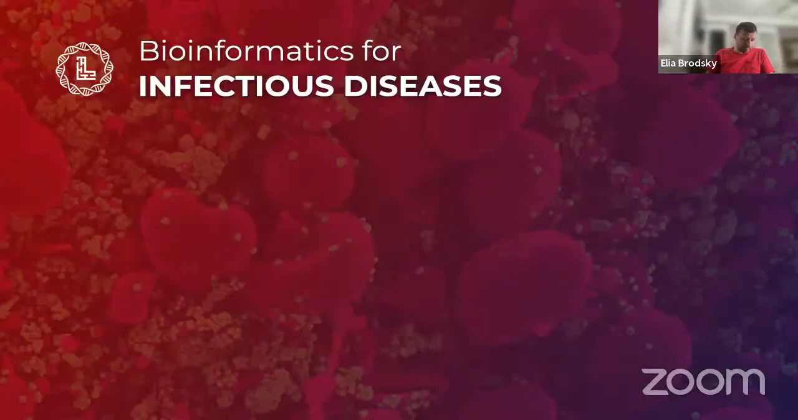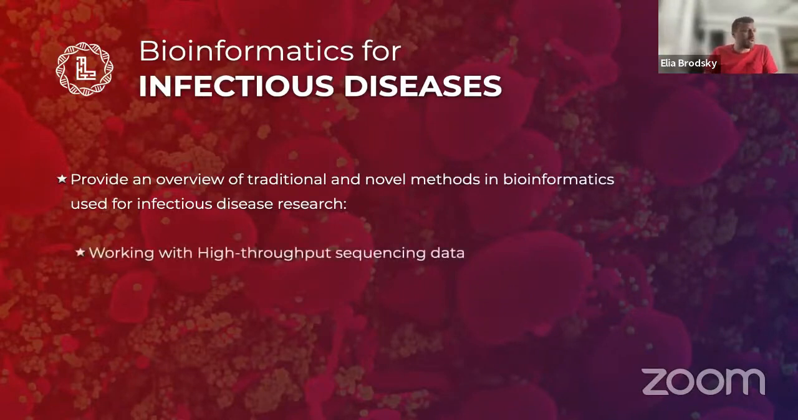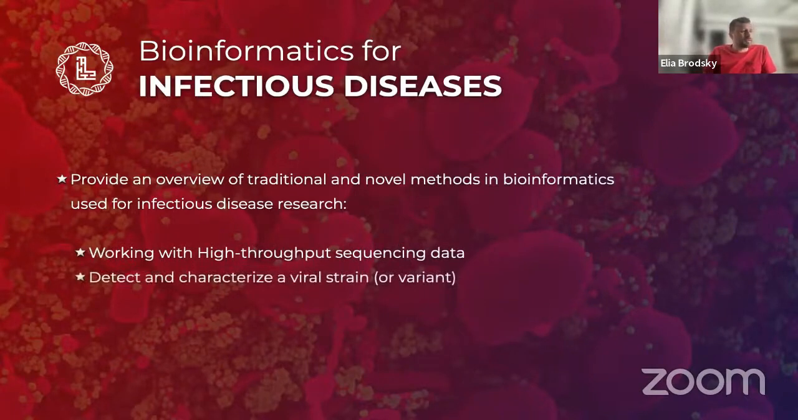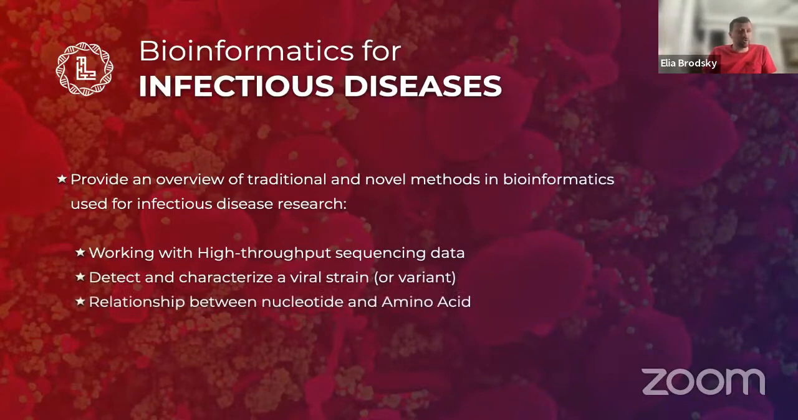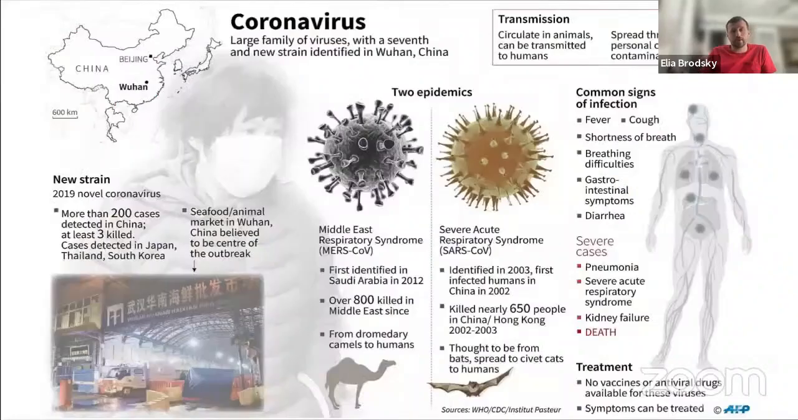Okay, so again, we don't have that much time left, but what first I want to do in this first part of this presentation is briefly talk about some of the traditional and novel methods in bioinformatics used for infectious disease research. And I want to give you some examples that include working with high throughput sequencing data, how to detect and characterize a viral strain, and also the relationship between nucleotide and amino acid, and the mapping of sequence variation on protein structure. So these are some things that we'll kind of go through